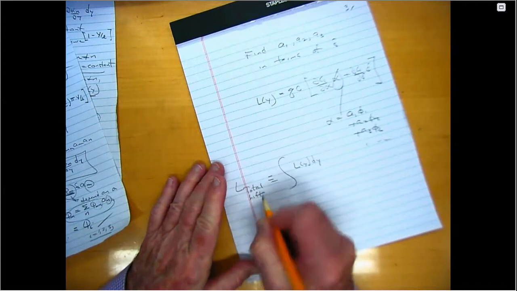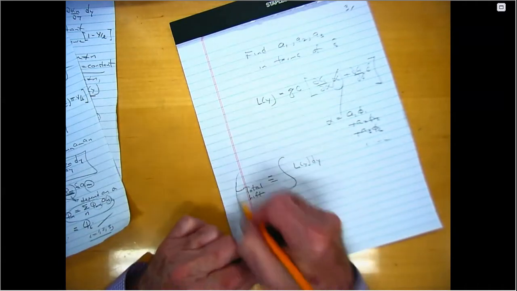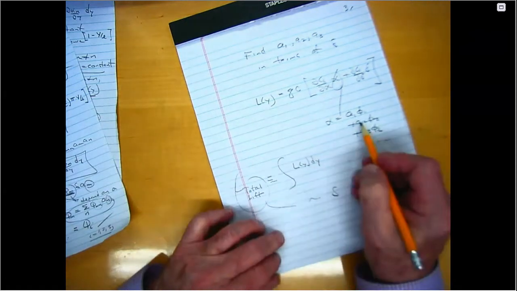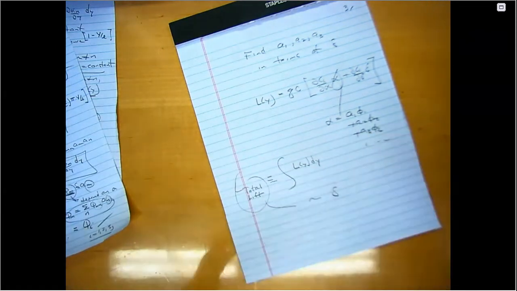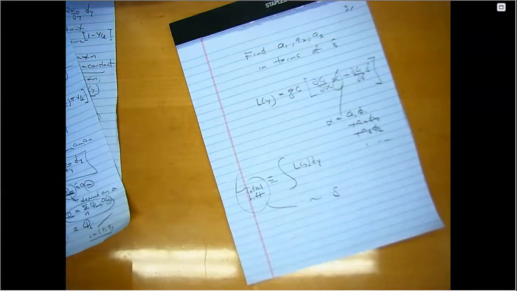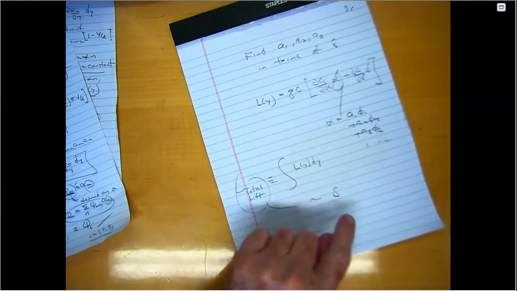And then you're going to integrate this to get what I'll call total lift. And that will turn out to be proportional to delta because the A's are proportional to delta. So everything is proportional to delta. And what will appear in all of this will be